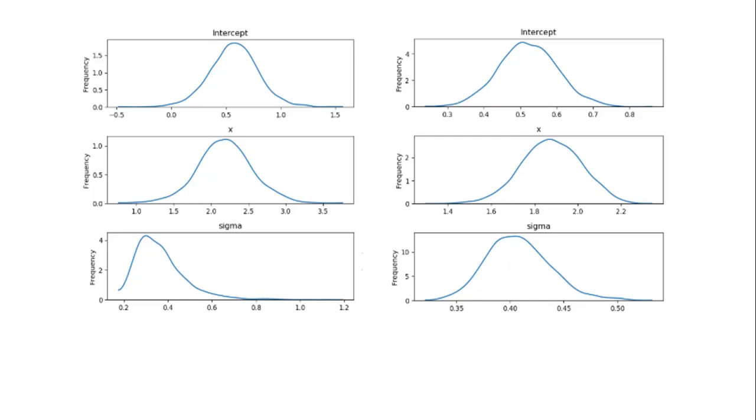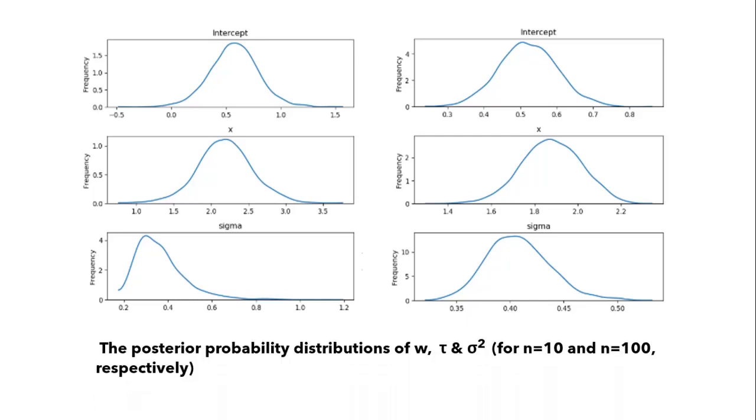Therefore, even with the poor choice of priors, we can achieve accurate posteriors if sufficient data or evidence is available. So guys, here you can notice the change of standard deviation from n equal to 10 to n equal to 100. However, it should be noted that poor priors should be avoided since they could affect the accuracy of the model significantly in the absence of sufficient data. So guys, furthermore, if we have fairly accurate priors, we can achieve better results even with fewer data, whereas frequentist methods lead to overfitting of models with fewer data.